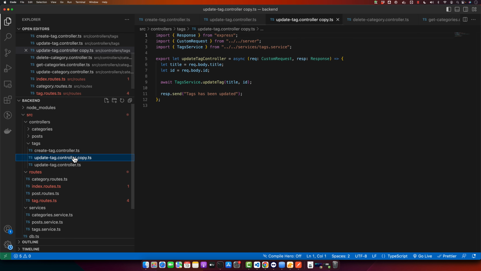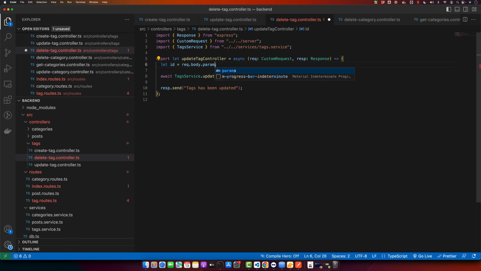Now I will create another controller that would be the delete tag controller, and here I will just receive the ID from parameters, and tag ID, and we will use delete tag function from tag service, and here I will pass the ID, and I can say that tag has been deleted. All right,